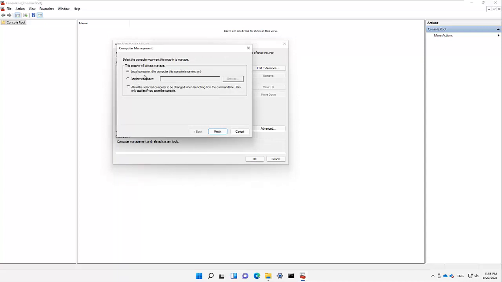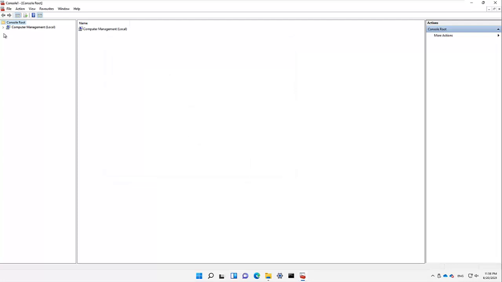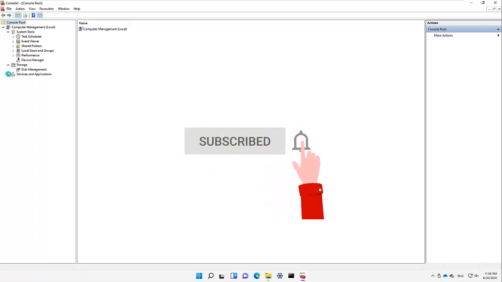You want to say, okay, is this for this local device or is this for another computer? So if you are working for a company, or maybe you're working at home, you can actually choose another computer and then browse to that device. But I'm going to choose the local computer because I don't have a different computer. This computer does not belong to a network environment, to a domain environment. So I'm going to say okay, and here you can see we have computer management, local, system tools, storage, and